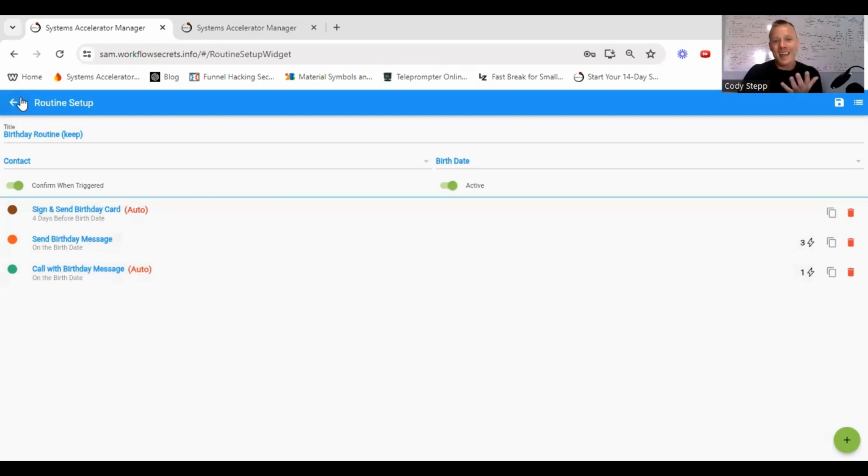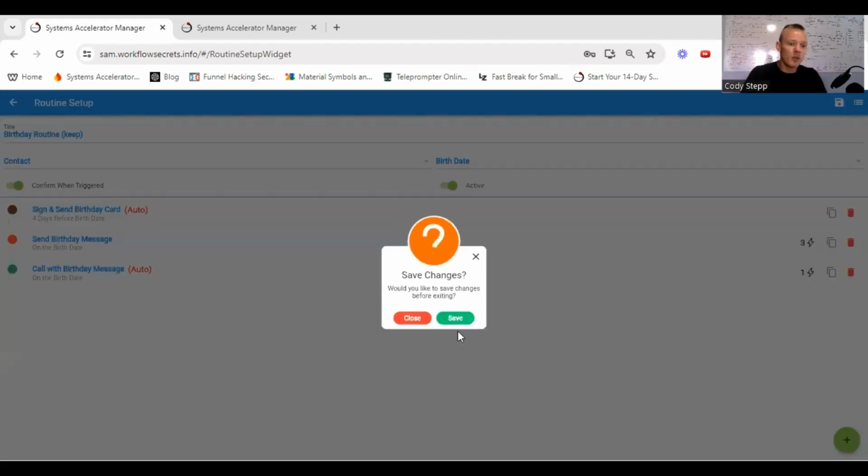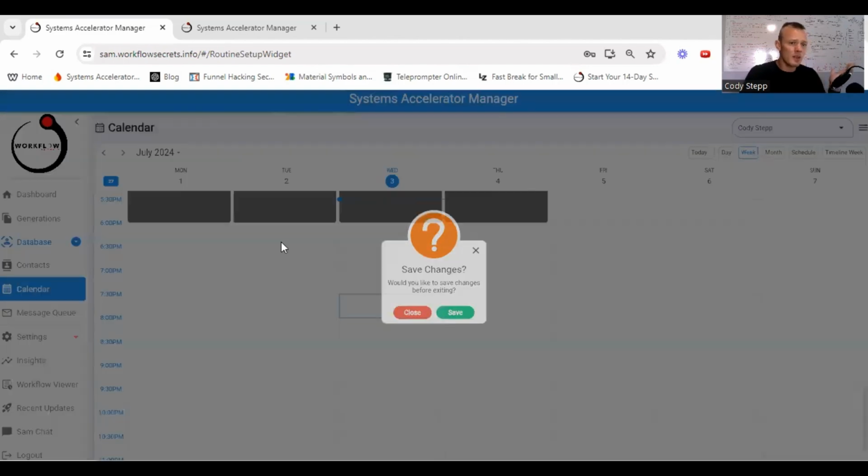So this is the kind of thing that I'm talking about that is just going to change how you think about real estate technology. It's going to change how you engage with technology, and I'm just so excited to get this into your hands. So we're going to go ahead and we're going to go back, and I'm going to